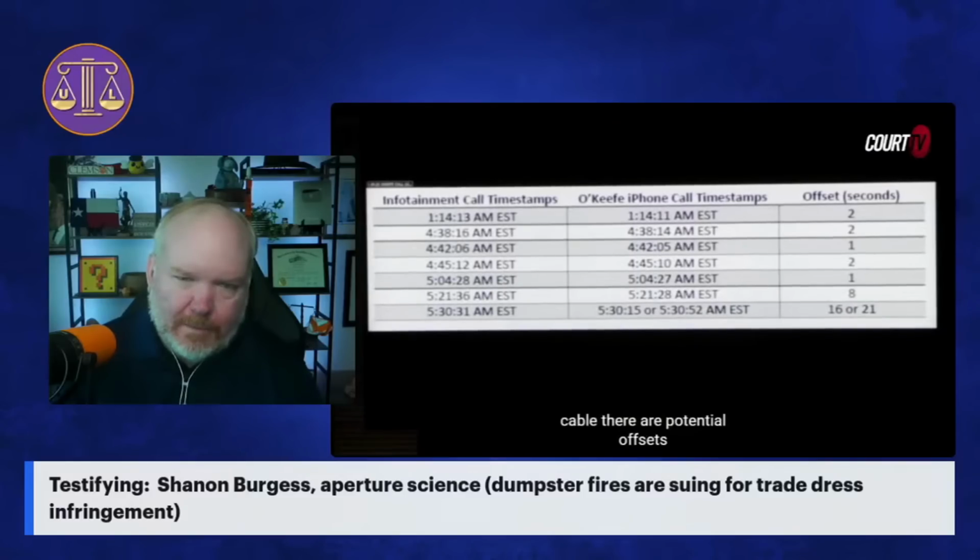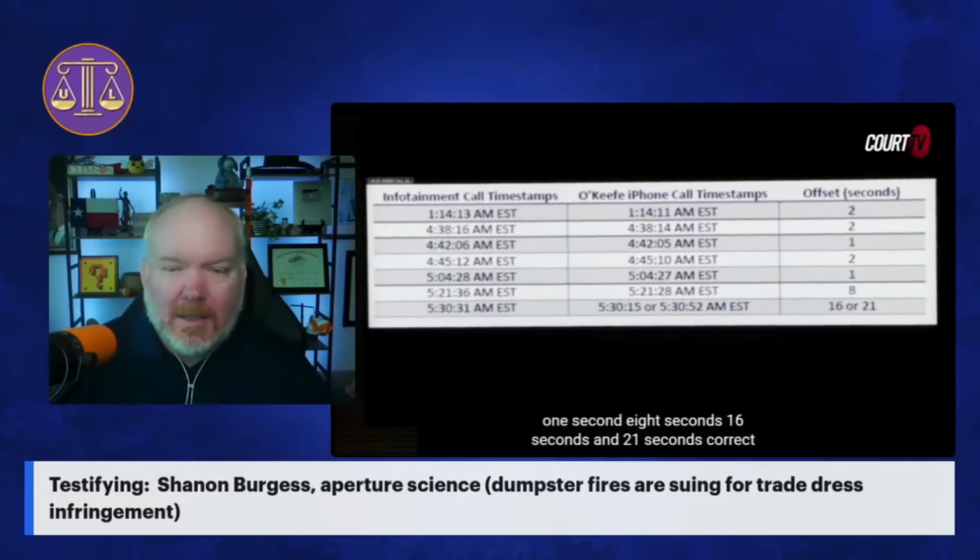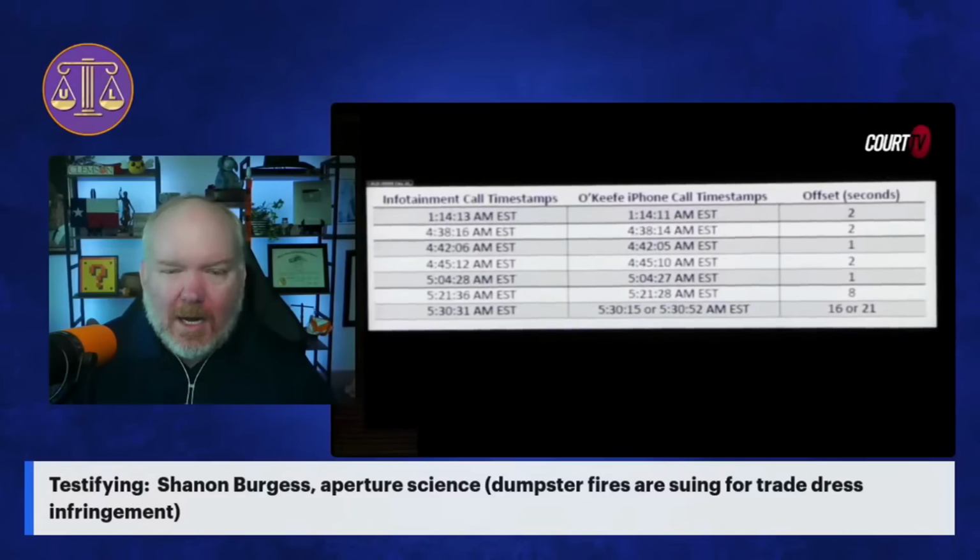there are potential offsets of reading in the far right-hand column: 1 second, 2 seconds, 1 second, 8 seconds, 16 seconds, and 21 seconds, correct? Correct. And yet,